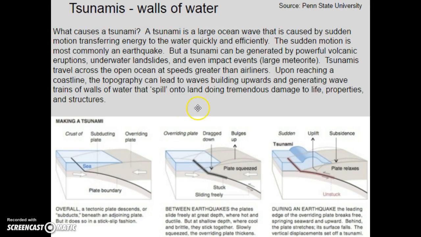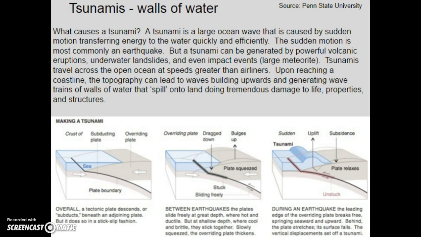So what happens when an earthquake takes place underwater? Well, generally, we talk about it creating tsunamis, these walls of water. So what causes a tsunami? Well, a tsunami is a large wave that is caused from sudden motion transferring energy to water quickly and efficiently. The sudden motion is most commonly an earthquake, and generally we call this a thrust fault. But a tsunami can be generated by powerful volcanic eruptions, underwater landslides, and even impact events such as a meteorite